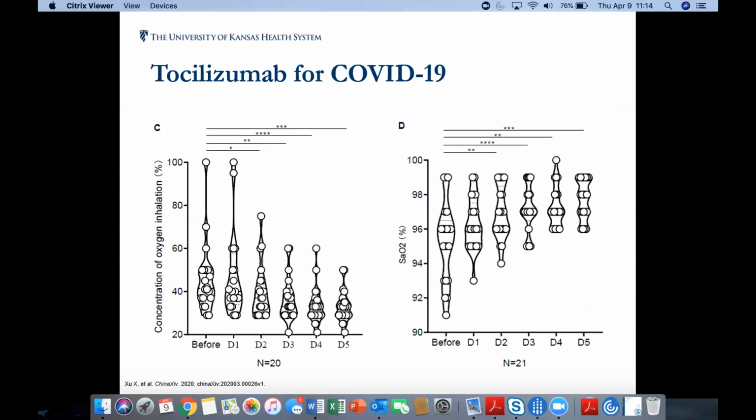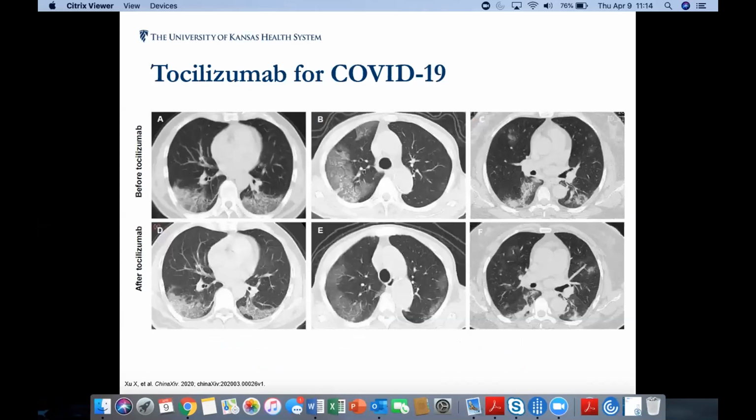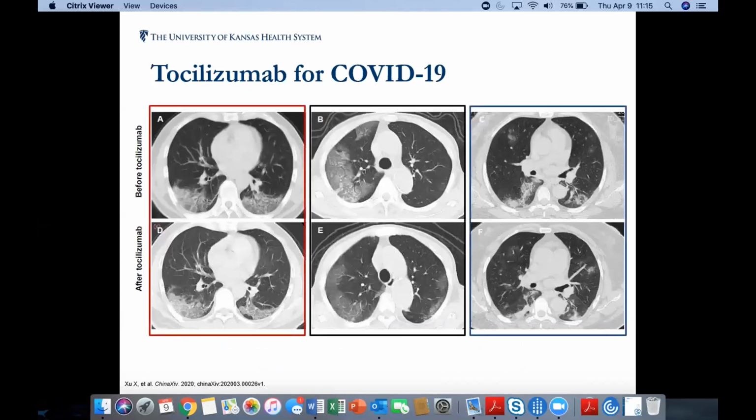And then on the left side of this slide, you can see your FiO2 concentration. So a number of patients requiring very high FiO2 concentrations. And those results did seem to normalize a few days after tocilizumab administration, or did appear to decrease. And then your oxygen concentrations did significantly increase after tocilizumab administration. And these are just improvements in radiographic findings. And these are grouped by specific patients. Each column is 1 patient. So you can see that for all 3 of these patients after tocilizumab, significant improvements in their